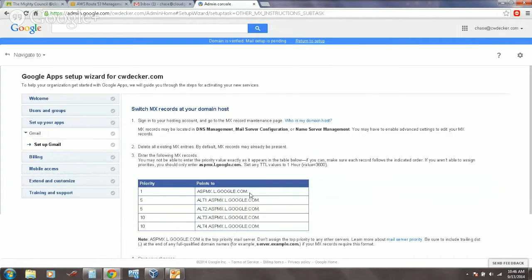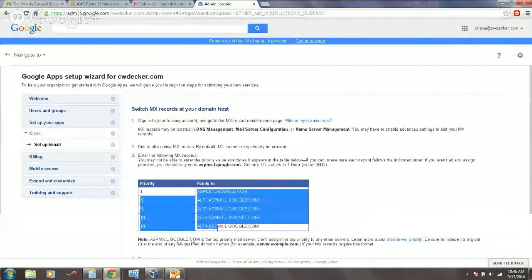And there we have the records. You want to copy from number 1 all the way to the bottom, and Control C. And then take it to Route 53. You forgot the 1 part apparently.